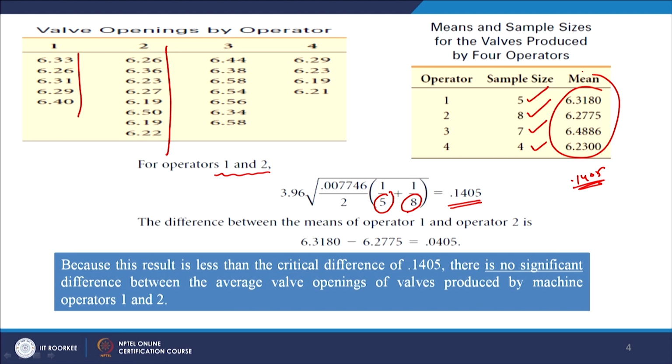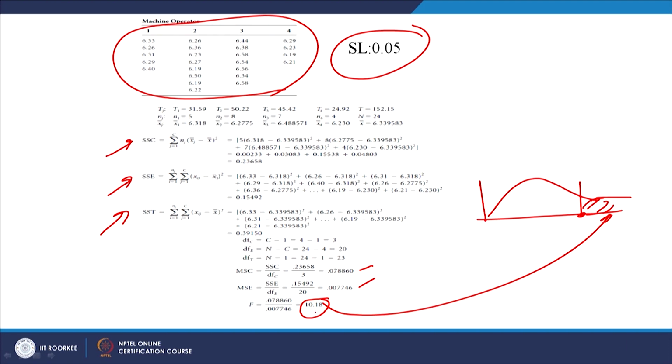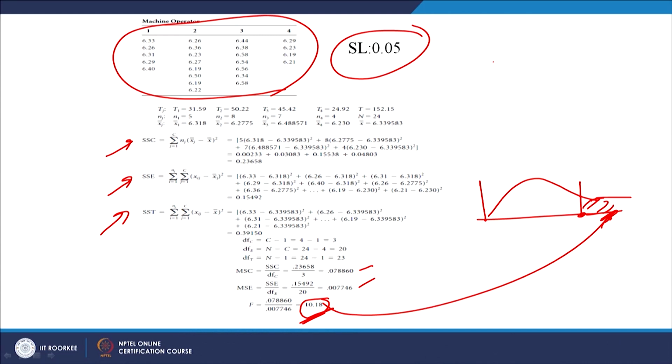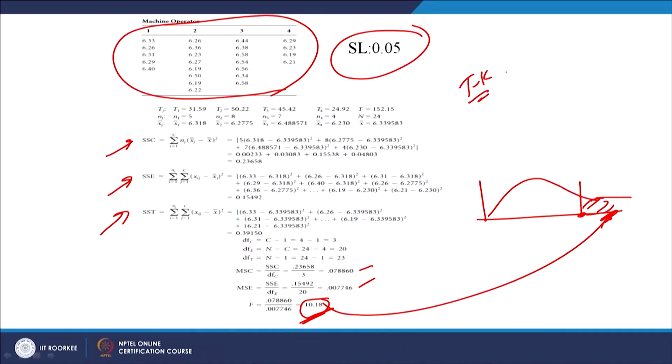If you look at the F value carefully, this is somewhere here, right. In fact, this is not equal to 1 or near 1. So, we will reject the null hypothesis, right. We are rejecting the null hypothesis, it means that these means are different from each other. So, this is what ANOVA does, but it does not tell you which group of means are different from each other. So, that is why we are using something called the TK test, right.